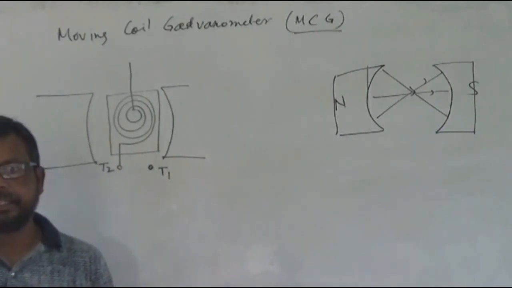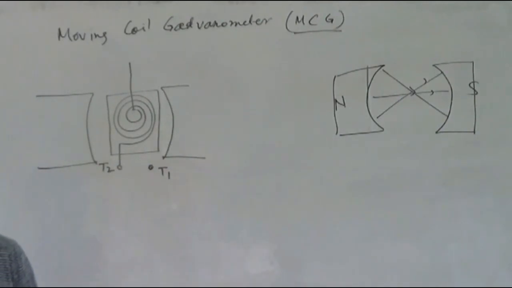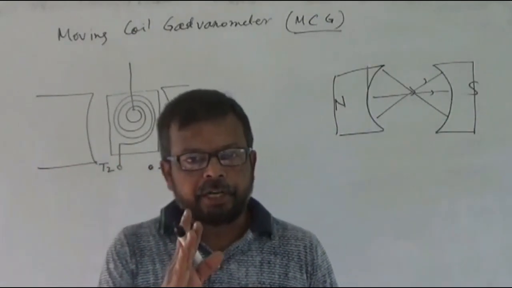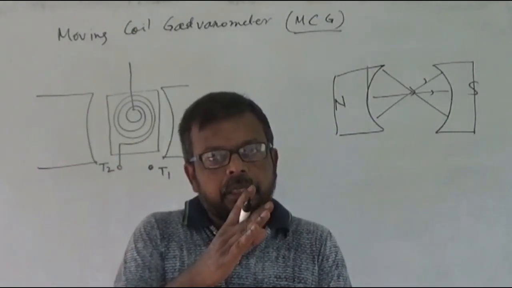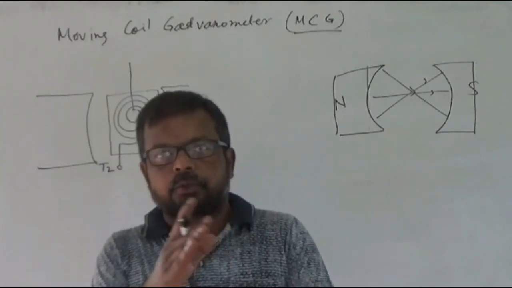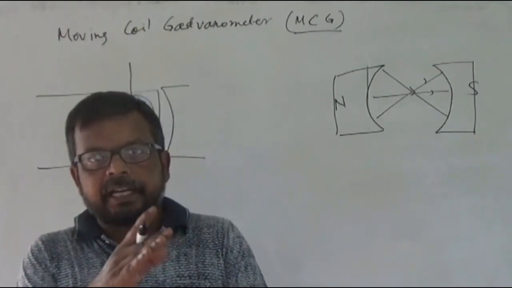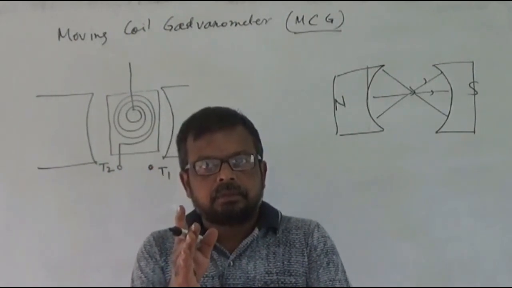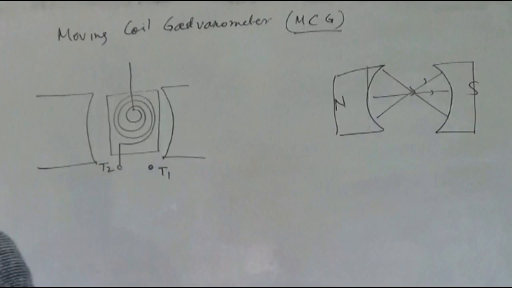This spring is connected to a pointer, and that pointer will rotate if the spring is rotating. If the spiral spring is rotating, then that pointer will rotate, right? Now see here,